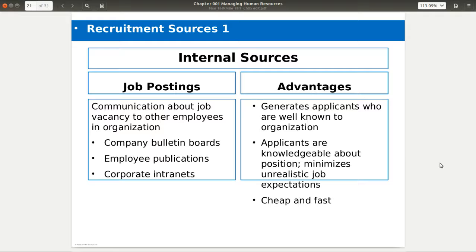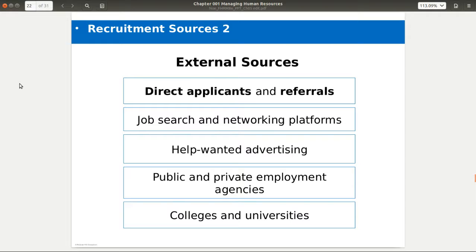So where do you go find some of these folks? First of all, within the organization, they will have, hopefully, job postings. When I was at Hallmark, in various areas, they would have bulletin boards where they had open positions that were posted, and you could apply for those open positions. So it was very transparent. Here's some internal positions that are open. Who wants to apply for them? It's a real great opportunity for folks, number one, to grow. Number two, you already know, as an organization, who those people are, and they understand the culture. It makes it really easy to promote from within when you start having those internal sources like that.